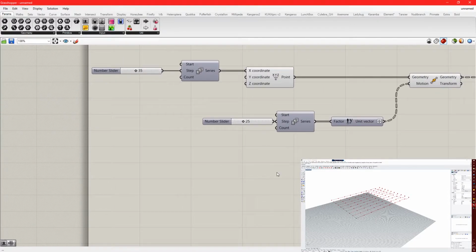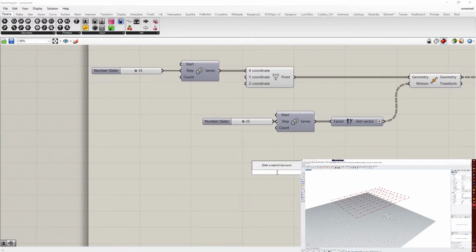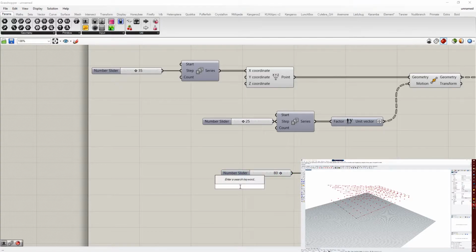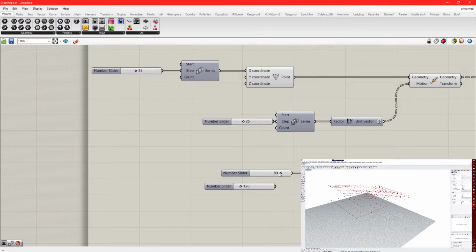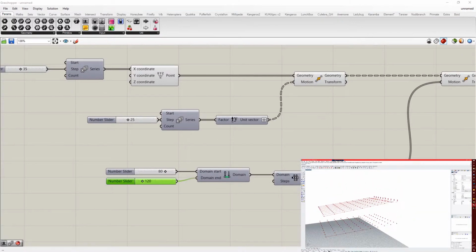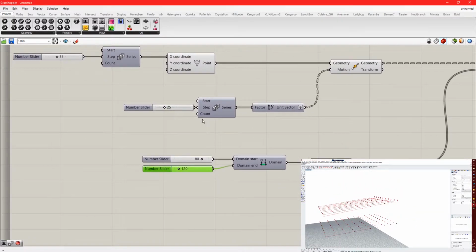And our domain start would be whatever number would be the lowest number that we would be willing to apply to the curve. So let's say, again, I'm working in millimeters, so in this case it's a little bit arbitrary, but I'll go for 80 for now. And let's say my end we'll put above 100, to 120. Okay. As you can see, it's starting to create some changes here, but this is where series and range overlap,